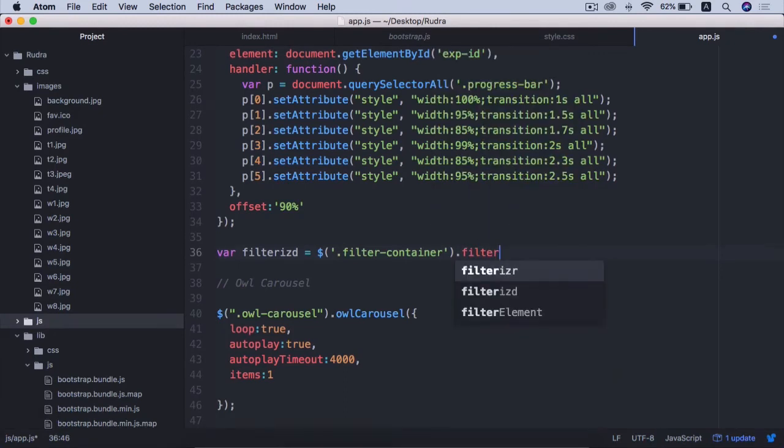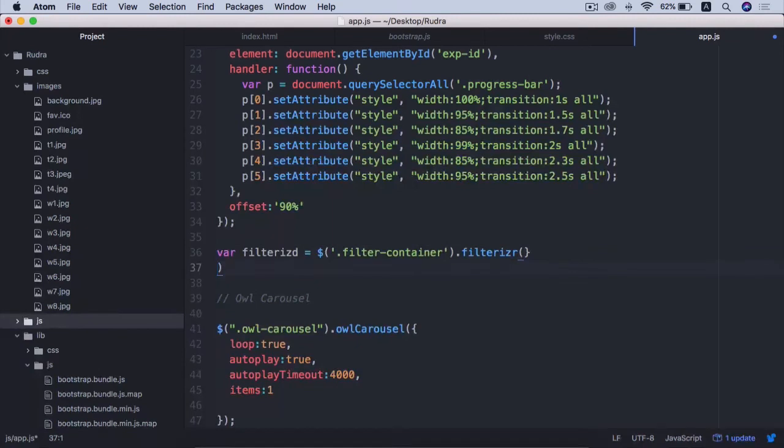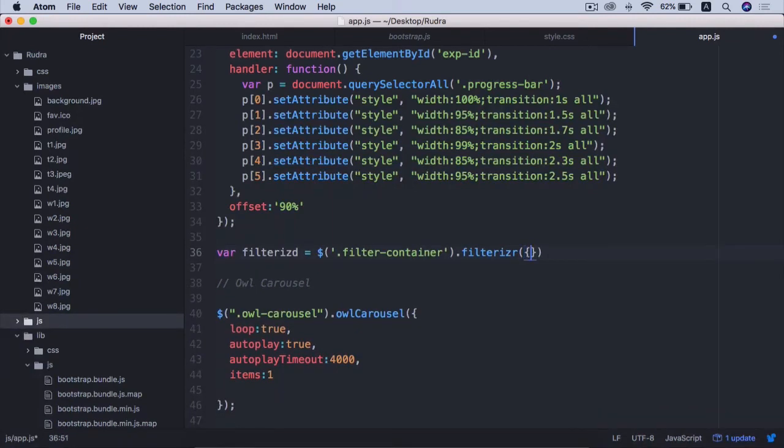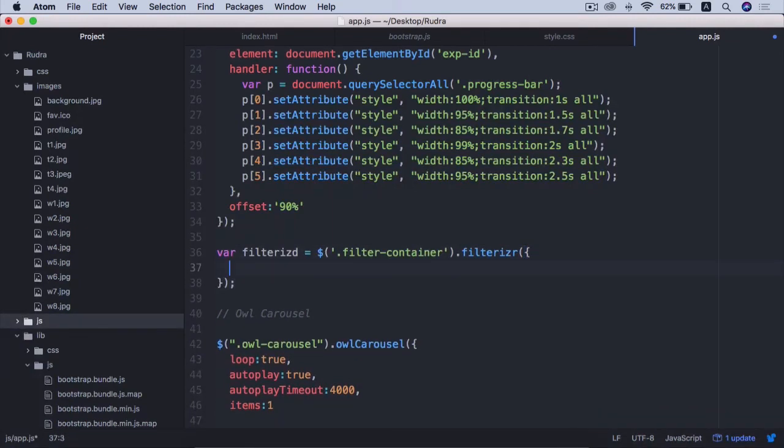Now invoke it, and I'll add a parameter, animation duration 0.5. Let's save this,